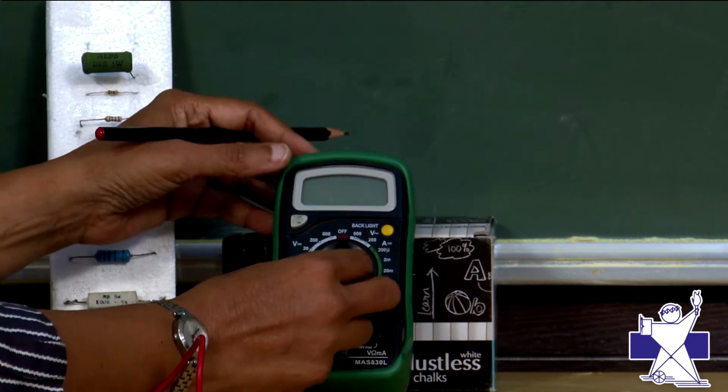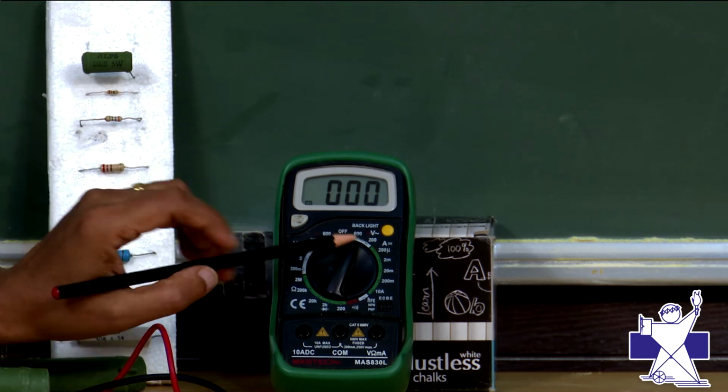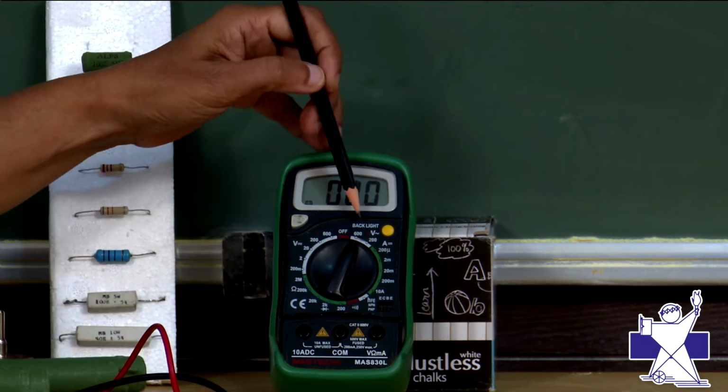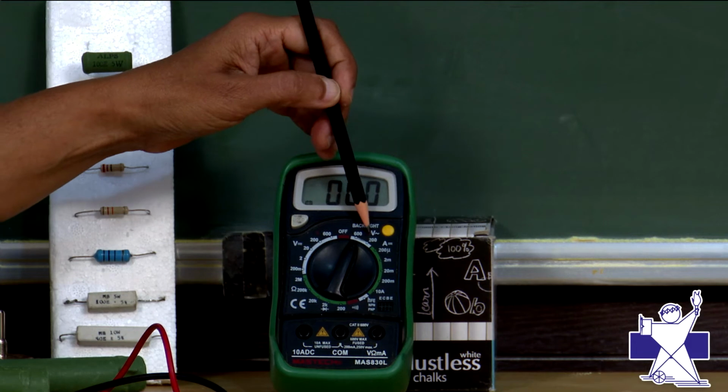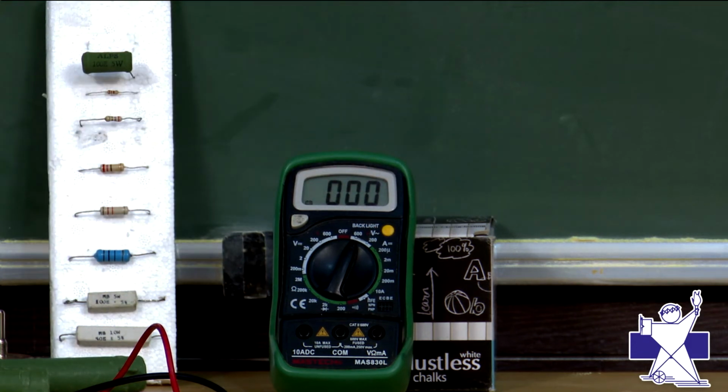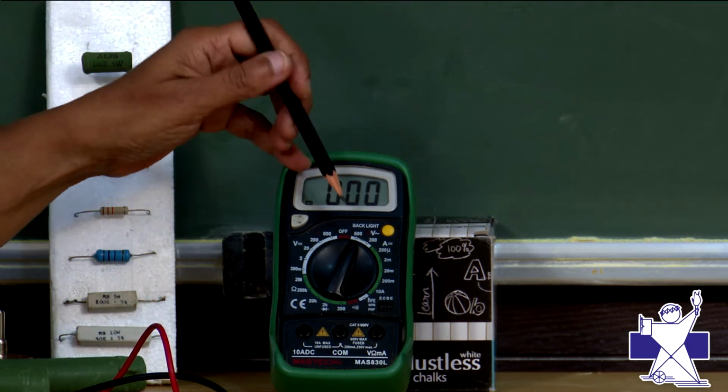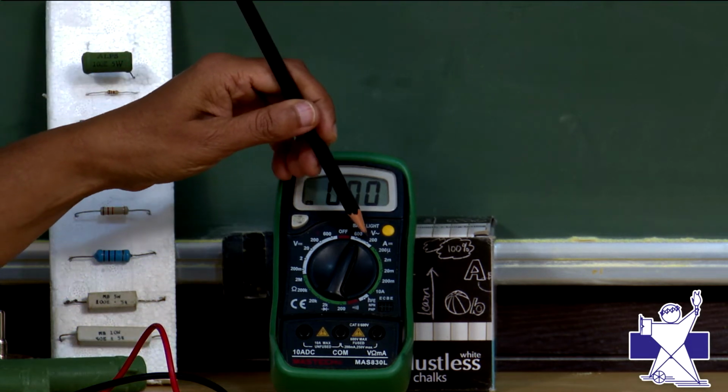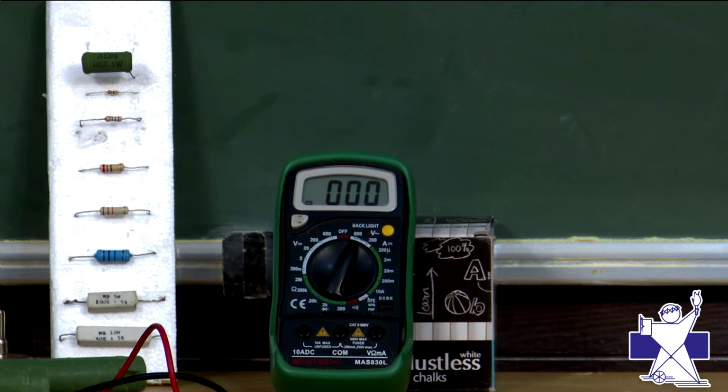So this is the knob, switch it over to this point. See the white color range, and here voltage is written, but a wave is also there. That means it can measure AC voltage. It has two ranges, 600 volt and 200 volt AC voltage it can measure.